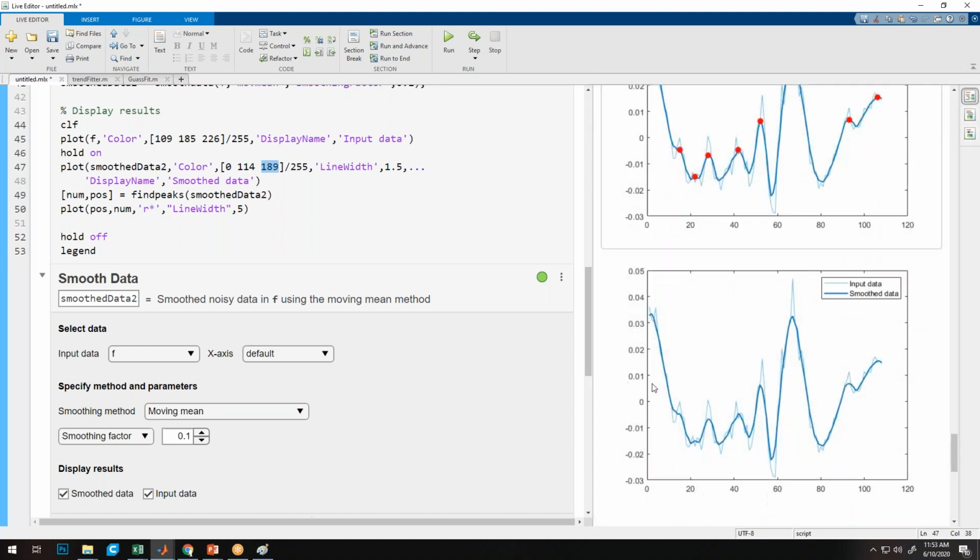So we are getting a very light blue color. And for the thicker line, we are simply using smooth data color with line width 1.5. We are simply using it with a higher thickness. That's all.